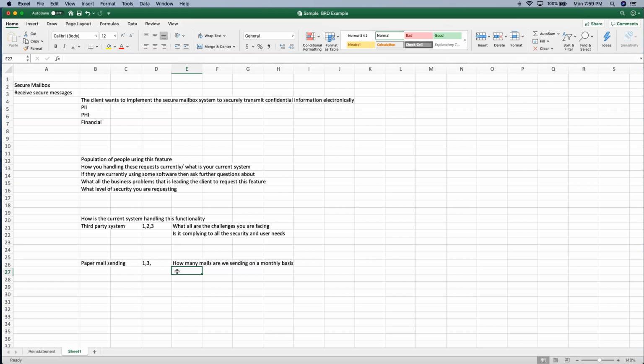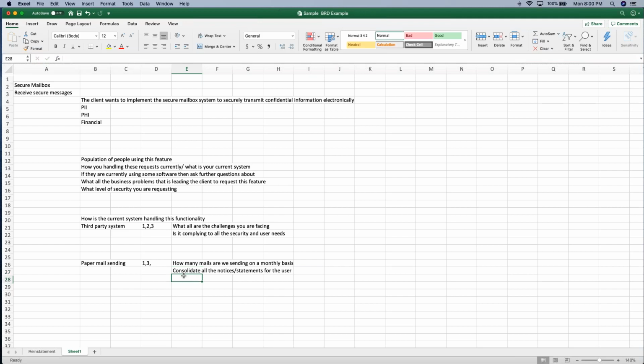Mostly it is that. But that is the thought process, that you have to do some homework before you go to the JAD session. If they say paper mail, then we will try to find out if cost is the issue, and if they want to save the cost by implementing the system, and if they want to consolidate all the notices, or what you call statements